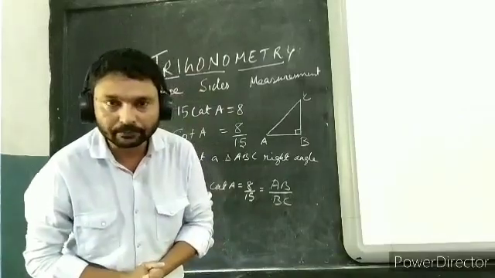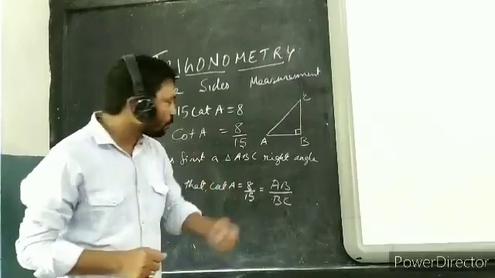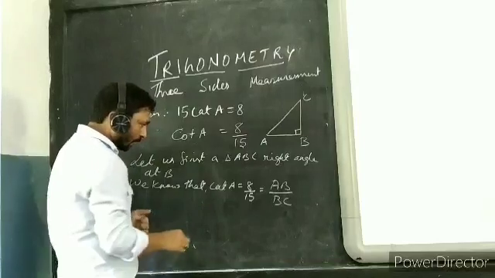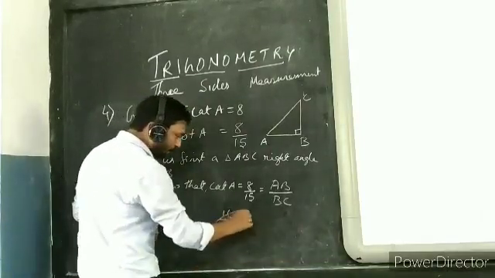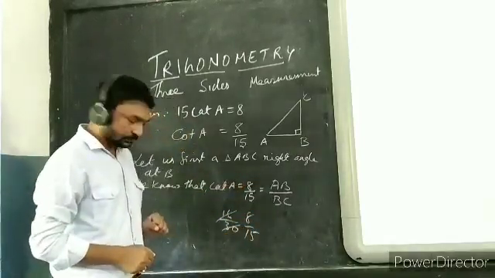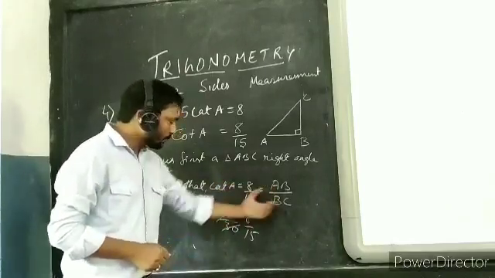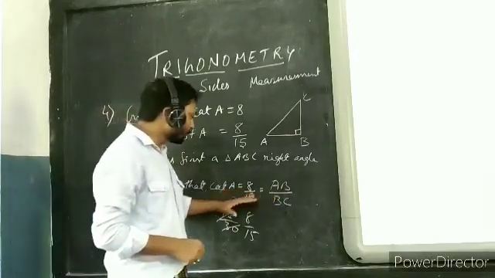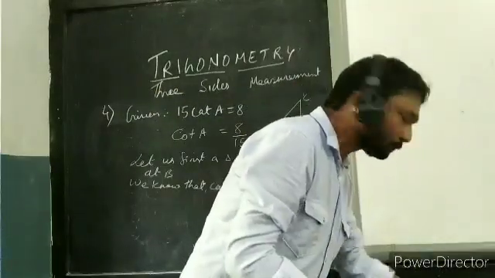Sorry, but it is wrong. AB is not going to be 8 and BC is not going to be 15. First of all, you should know why. If I write 16 by 30, then also it is 8 by 15, which is already in the lowest form. By this, I can say AB will be 16 and BC will be 30. Anything can happen. That's why you can't write AB equal to 8, BC equal to 15. It is totally wrong.